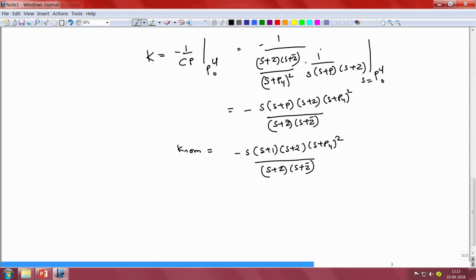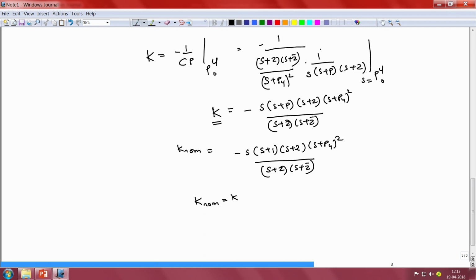Now we note that when the plant's pole location changes, it has absolutely no effect on this gain K, because the gain K is independent of the pole location of the plant. Hence we would have K nominal always equal to K regardless of where the actual plant's pole is between the limits that we have indicated, between S is equal to 0 and S is equal to minus 2. So regardless of where between these two limits the point S is equal to minus P is located,